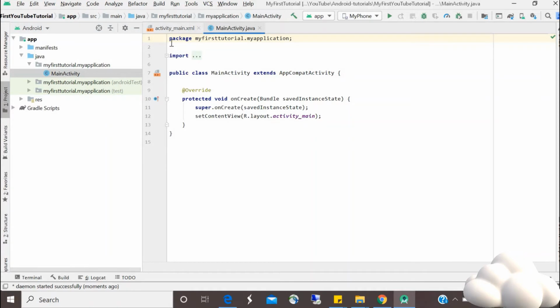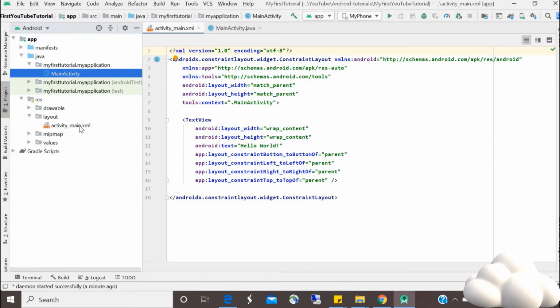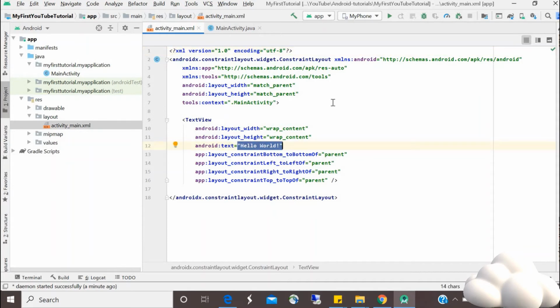And two more files are there. One is the .java file and another one is the .xml file. This we used to call a layout resource file. And as you see, once the Gradle got synced, the structure came. This is the structure. The Java file resides in this package, and the layout resource file resides in the res resource folder, layout folder. Now we are going to just execute the application and display the text hello world.